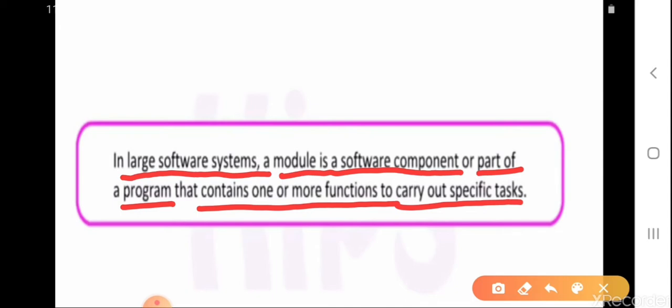A single software can contain a number of modules, and these different modules inside a software work and interact with each other to complete the desired task and give us the required output.